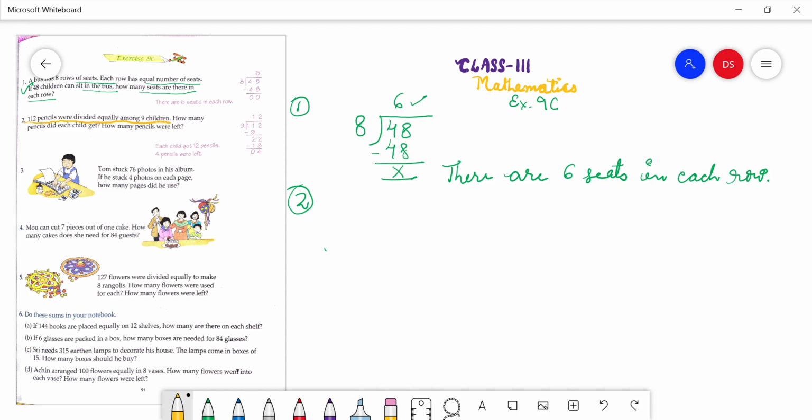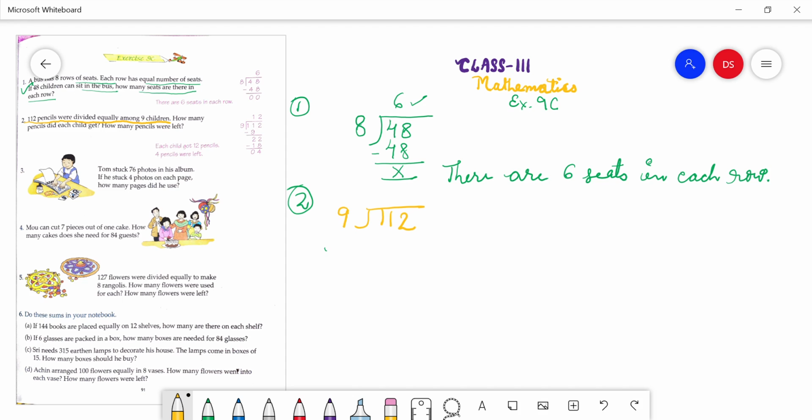Children, in this question, there is a remainder also because as you know, when we read the table of 9, in the table of 9, there is no 112. So the number of pencils cannot be equally divided among the 9 children. There will be a leftover also. So that is called the remainder. We will divide it. Write 112 inside. This is the dividend and divide this number by 9. You can see that in the table of 9 there is no 112.